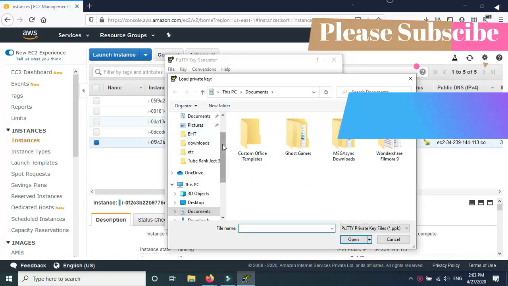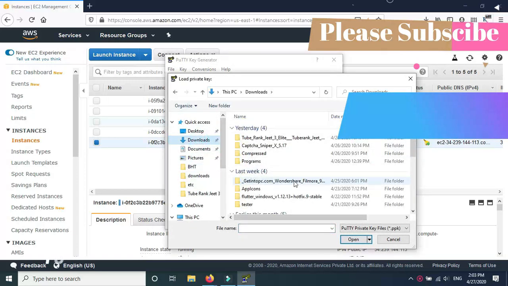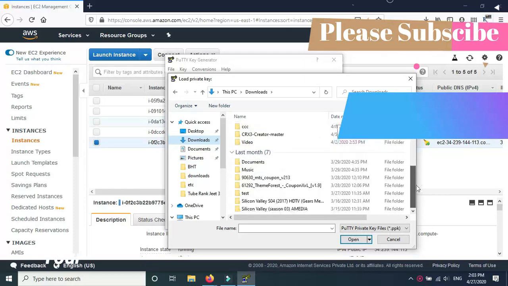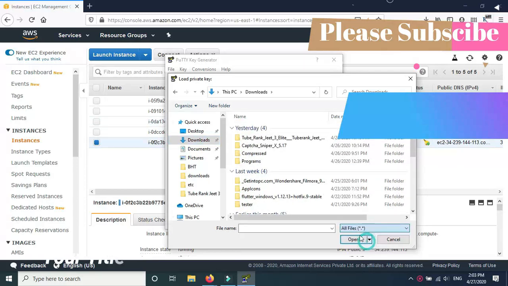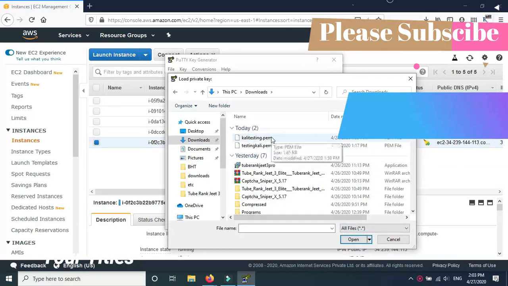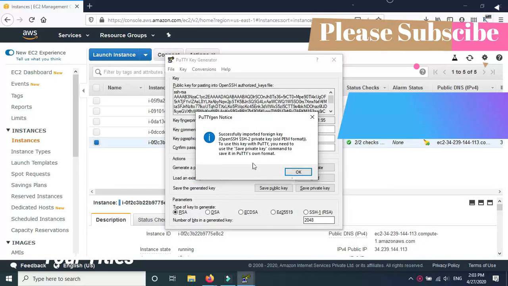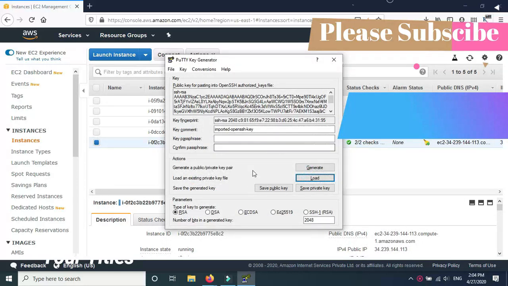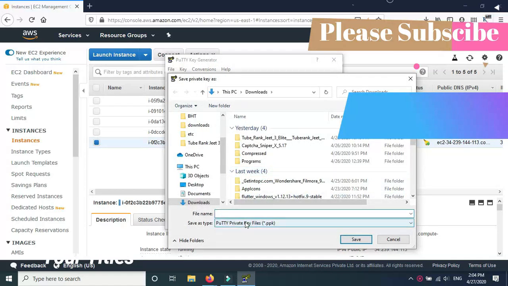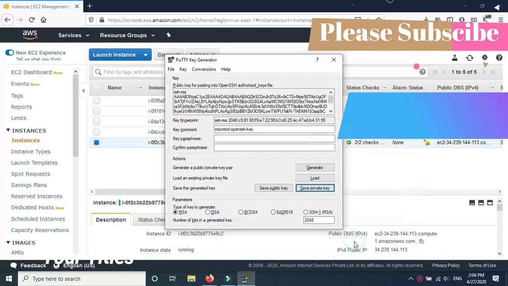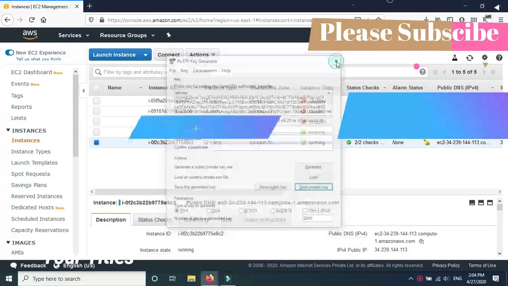Just go to downloads, select all files, and select Kali testing. Now click on save private key. There again Kali testing, and save it. Now close it.